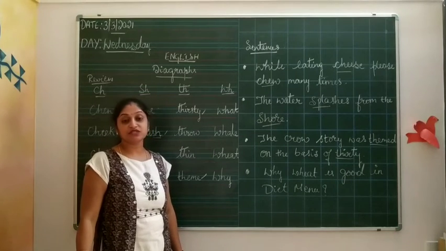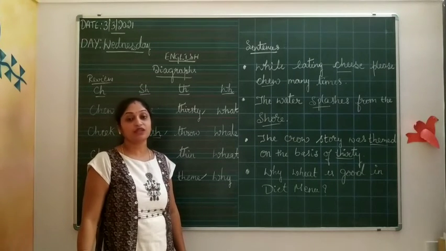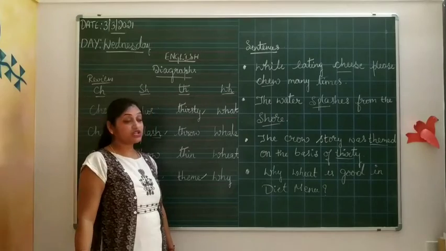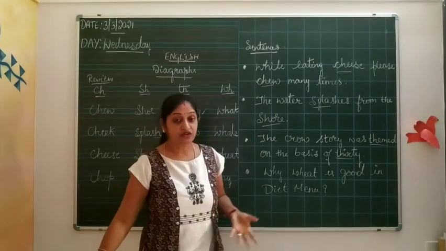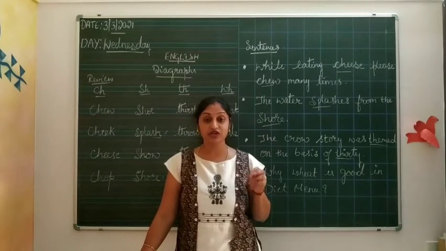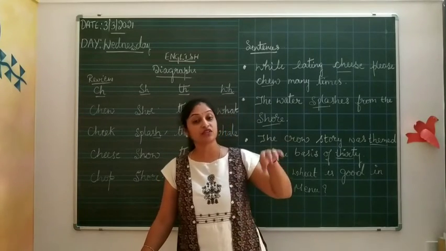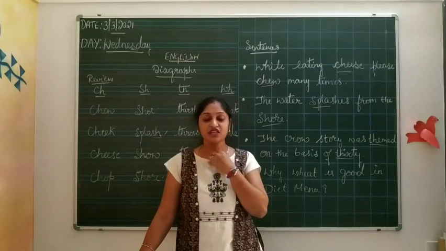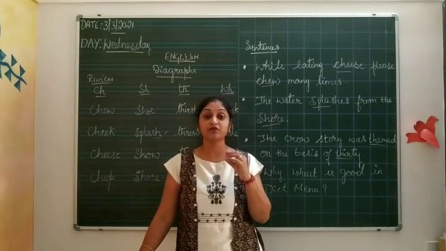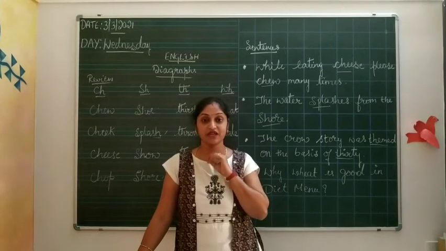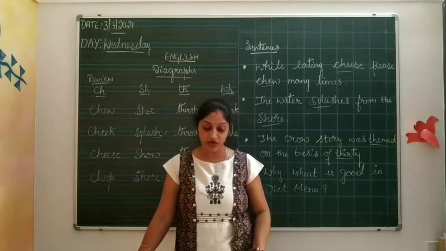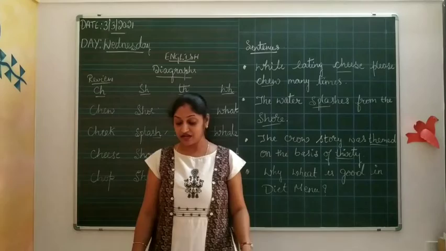Like that you can make so many sentences of your own, imaginary children. But what I am telling you, don't depend always on your books, or you become a bookworm. Don't depend on your books to make the sentences. You think generally, you think open-mindedly, you will get a lot of sentences. You can make them on your own, children. Okay? Understood?